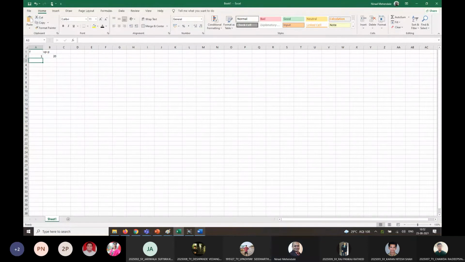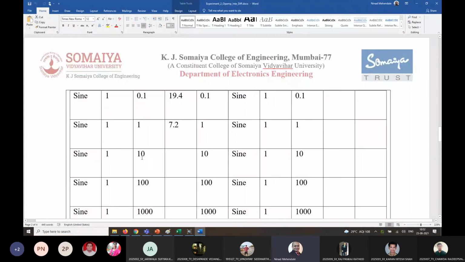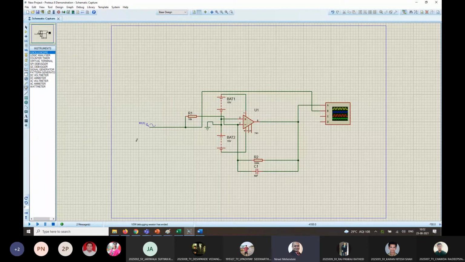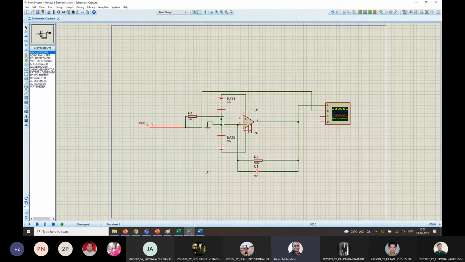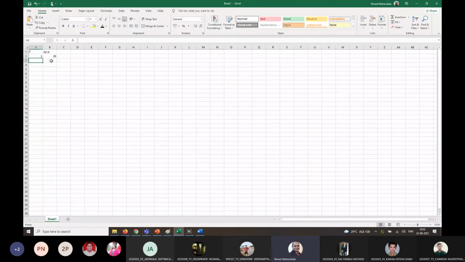Let me change the frequency from 1 to, let's say, 10. You have to go as per these steps, at 10, 100, 200. So let us do that. It's very easy. You just press stop, double click on this, change the frequency to 10 hertz, click OK, run again, measure the magnitude again. So again the time per division knob has to be adjusted because you have increased the speed. So again you will see 1, 2, 3, 4 full division into 5 volts. So again 20 volts. Let me go back to the Excel.